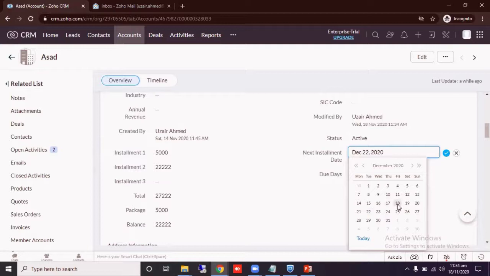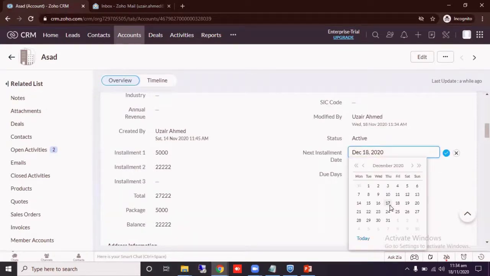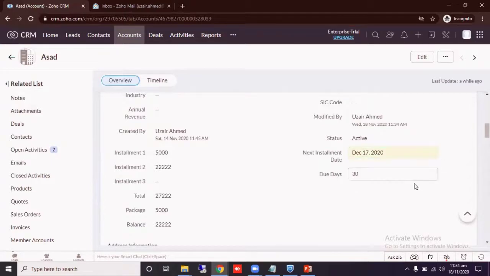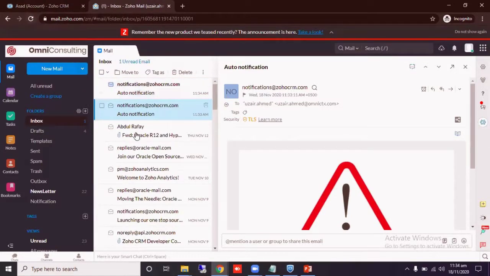Now the due date is 30 and condition will be true, and it will send me a notification and an email. Here is the notification email,